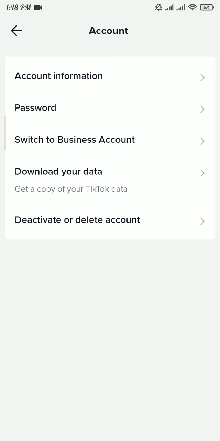Now you have successfully changed your TikTok password, and in your next login, type in your new password and log in to your account. That's how easily you can